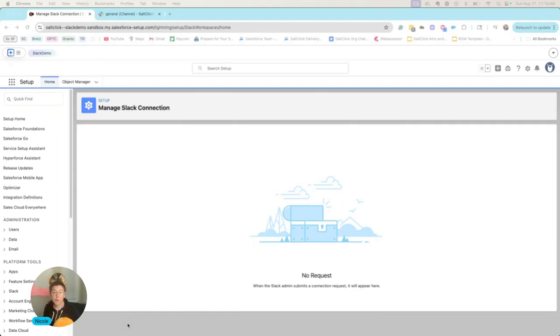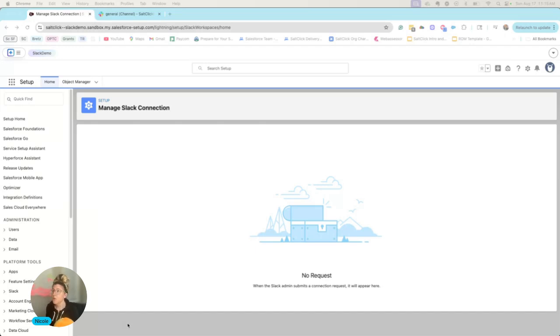There have been a ton of exciting advancements between the integration of the two systems and how much that integration is strengthening. So we're starting to see a lot of exciting things happening like Salesforce channels. So let's take a look at step one, just getting things connected so you can go have a ton of